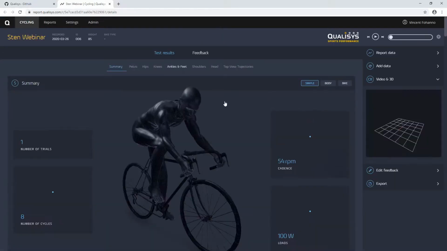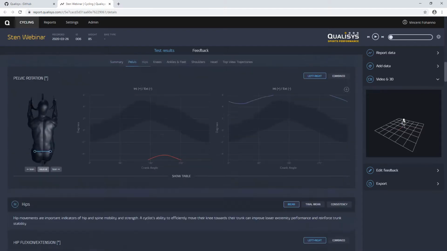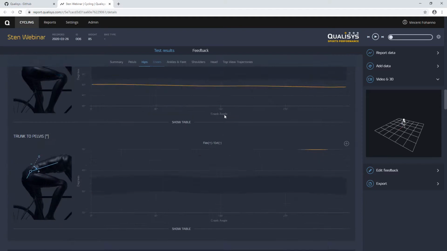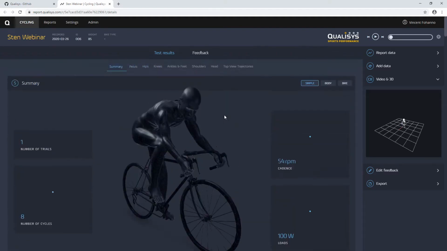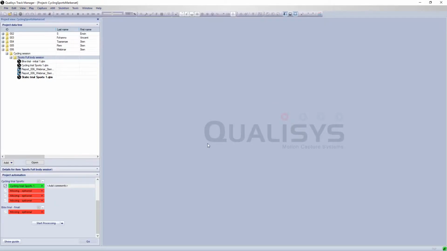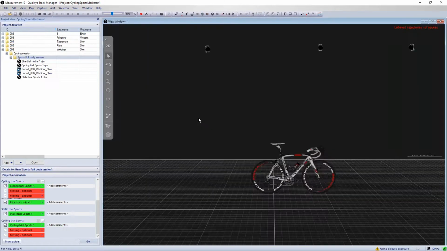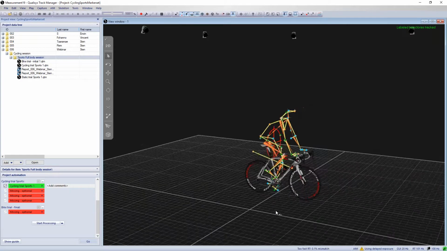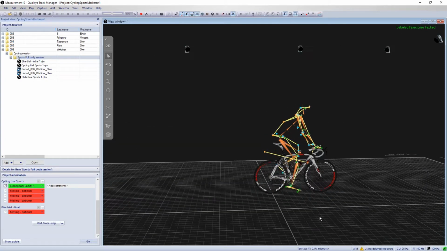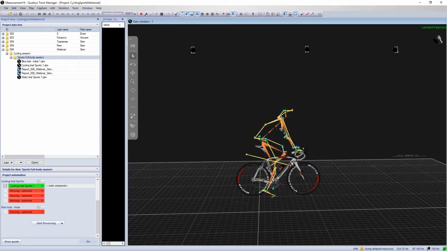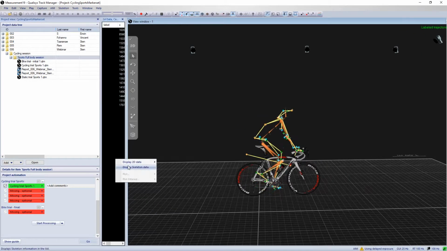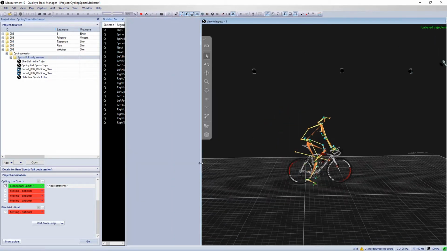And if you are a user, for instance, you can see all the data that you want. And then if you want to go further than that, if you want to do some adjustment on the bike, for instance, and do some tests, now with the skeleton solver, you can do that since it's compatible. So now if I'm turning live, and if I saw a few things that I would like to change, I have Stan here on the bike. And for instance, like you saw before, I can plot the data of the skeleton. So I just open the data info window, click on skeleton data,